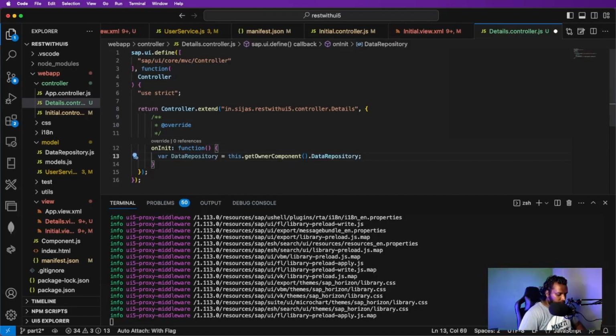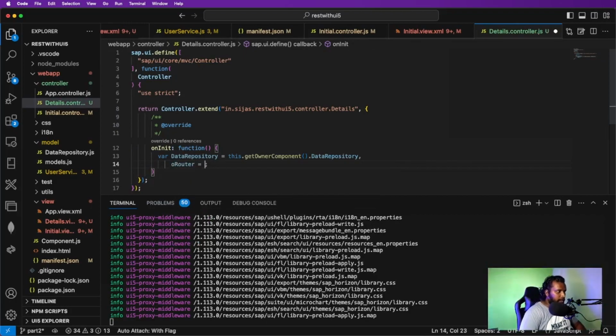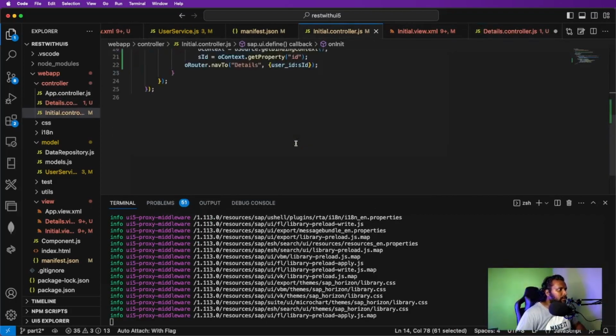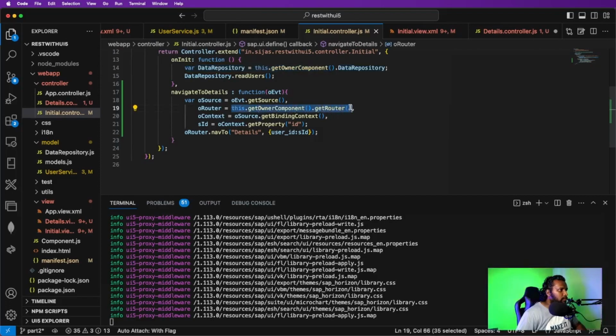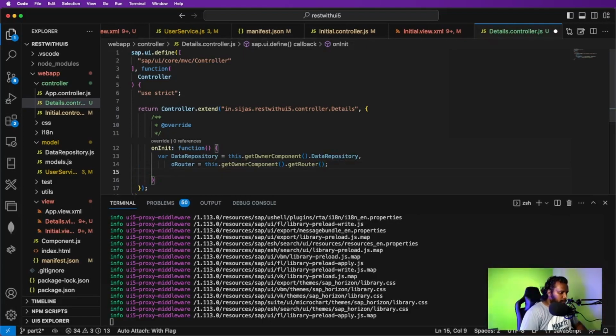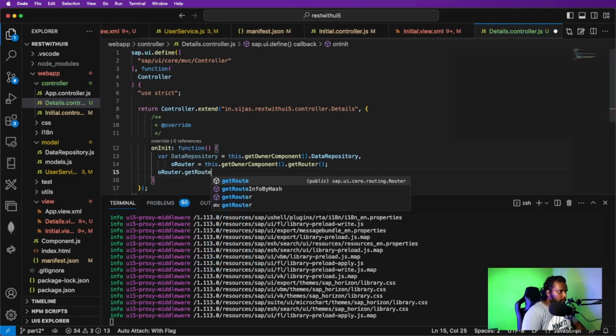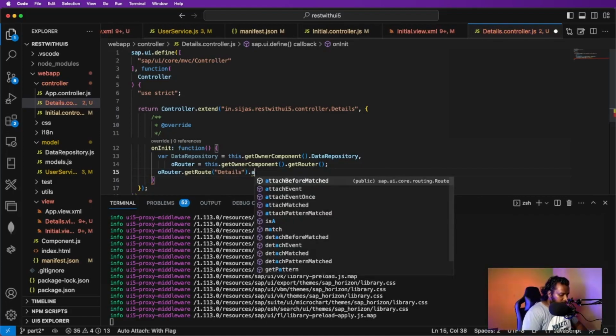Also, I need an instance of the router. We have already done it in the initial controller: this.getOwnerComponent().getRouter(). We have the router instance. Perfect. Now what we need to do is, using oRouter, attach an event for each pattern which is matched. Get route. Our route name was details. So for the route details, pattern matched,